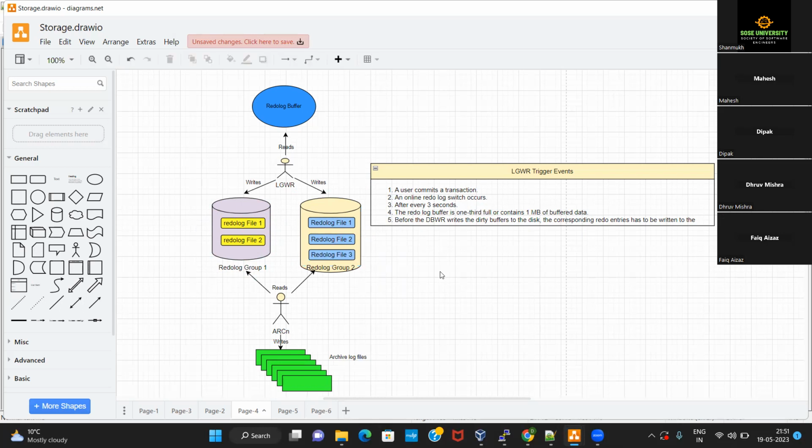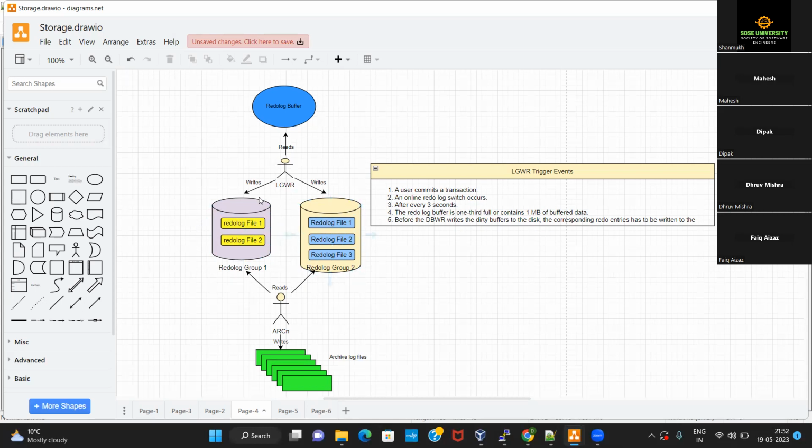It is also possible. Okay. So one of these redo log groups has two redo log files in it, and the other redo log group has three redo log files in it. But why exactly does Oracle have this concept of two redo log groups? What are these two redo log files doing inside this group and three redo log files doing inside this group?